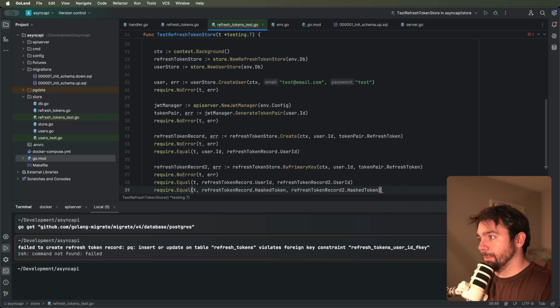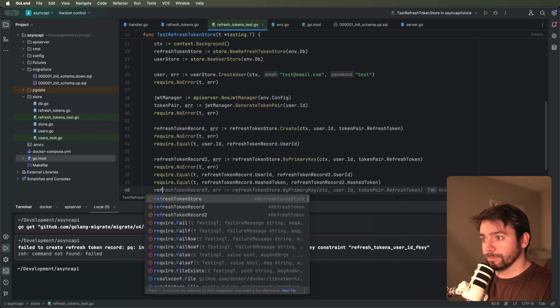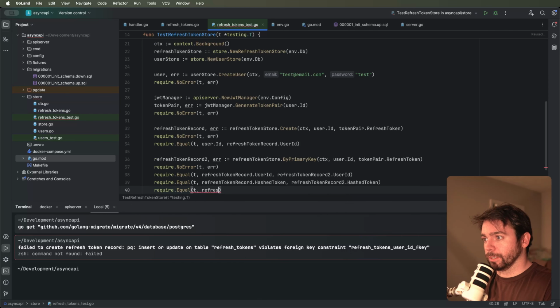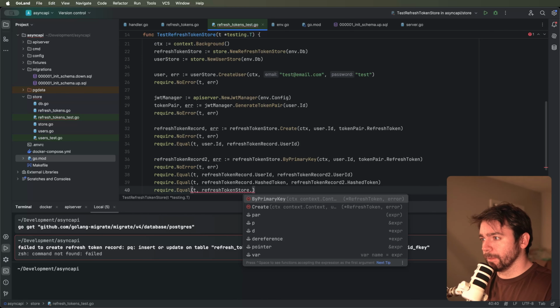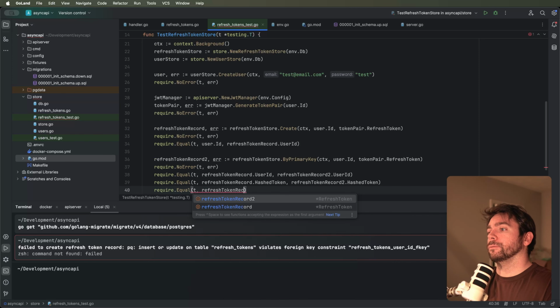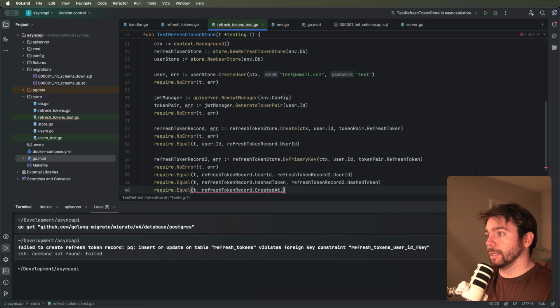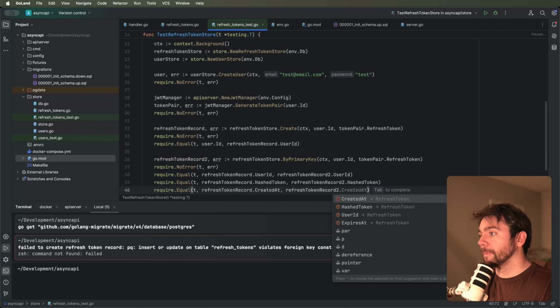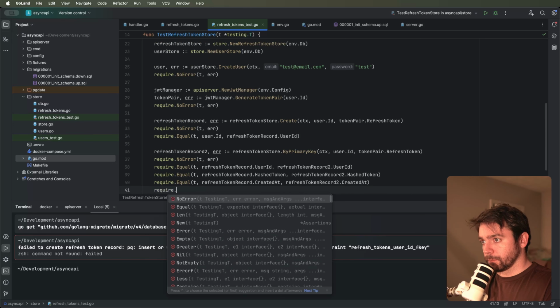So you may think this is overkill. Maybe it is, but I like to do it anyway. Equal T refresh record, refresh token store, refresh token record dot created at record 2 dot